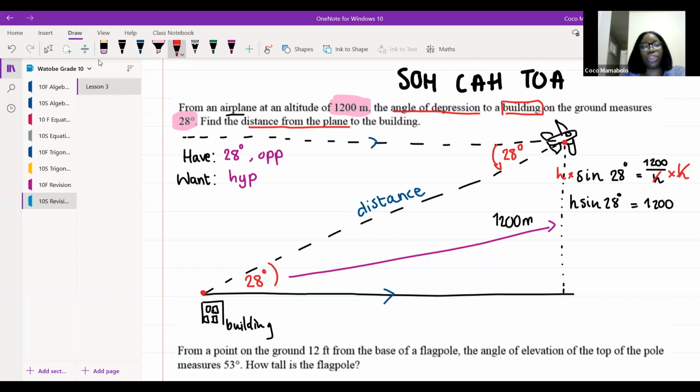Good. We're going to divide this side by sine 28 degrees. Those two will cancel because they'll give us 1. Therefore, my hypotenuse, the distance, is equal to, punch it into your calculator, guys,